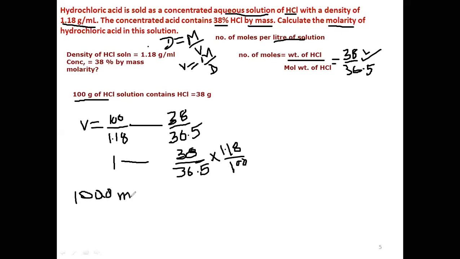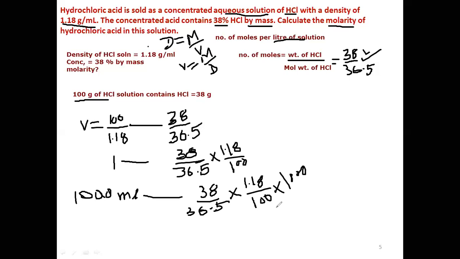So 1000 ml contains how many moles? 38 divided by 36.5 into 1.18 divided by 100 into 1000. So these two get cancelled. So if you solve it,